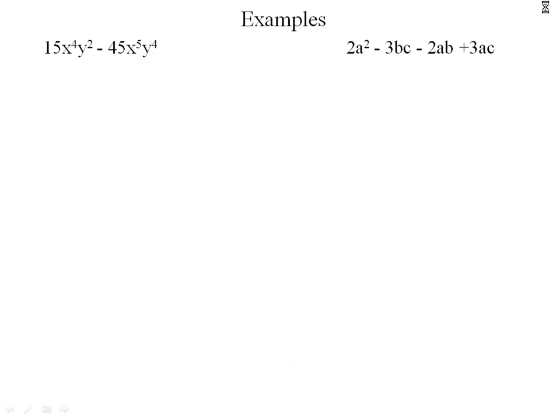Alright, so on the first one, we discovered that we have a 15 in common, because 15 will come out of 15 and 45. We have an x to the 4th in common, and we have a y to the 2nd in common. So if we divide each one of these by 15 x to the 4th, y to the 2nd,